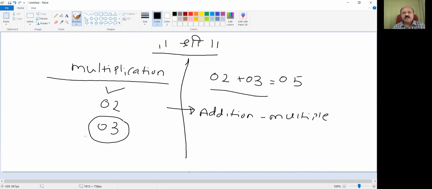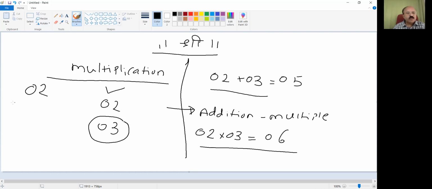What you have to do? See, 02 into 03 equal to 06. Everybody agrees that 02 into 03 equals 06. Now, can you get the same result with addition? Let's try. If I do 02 plus 02 plus 02, and add this, what will you get? 06.